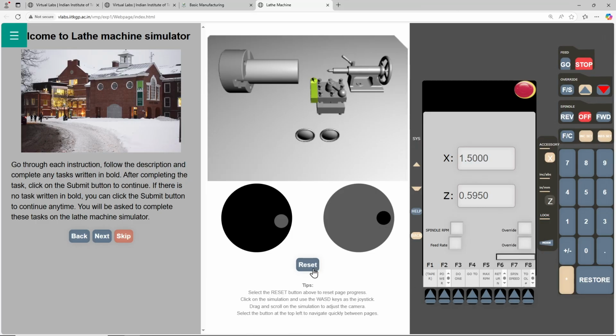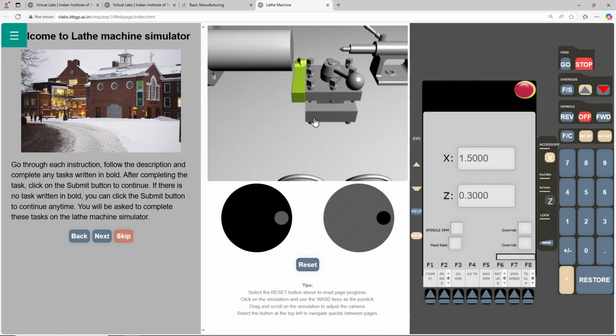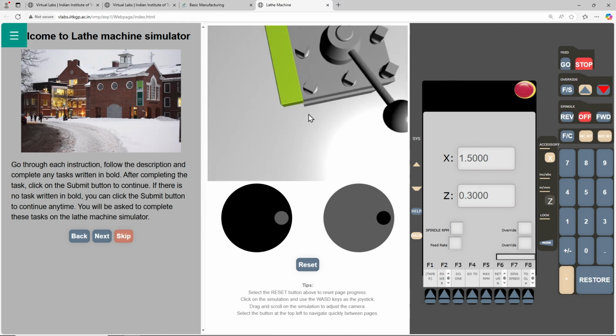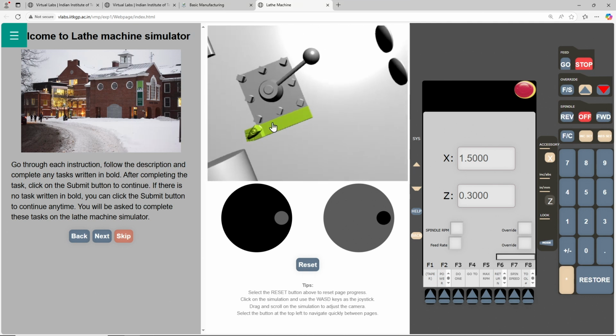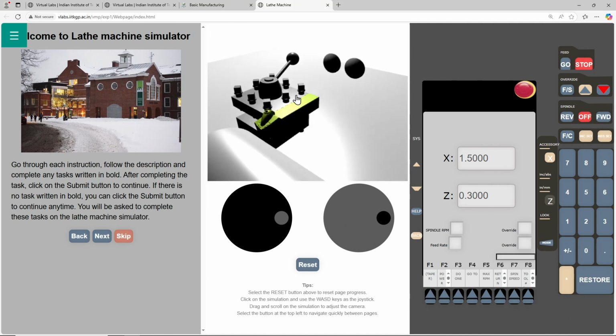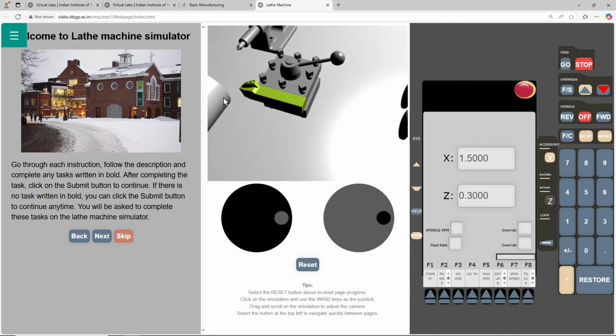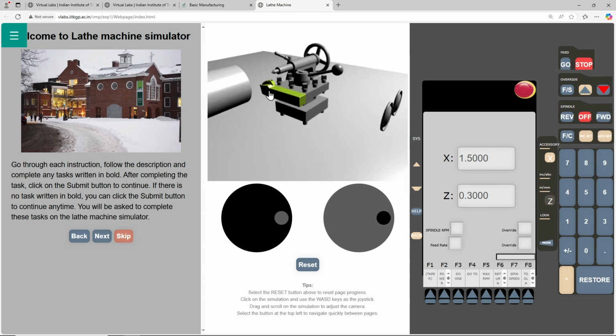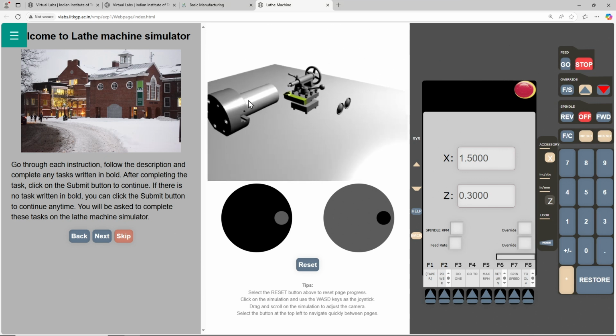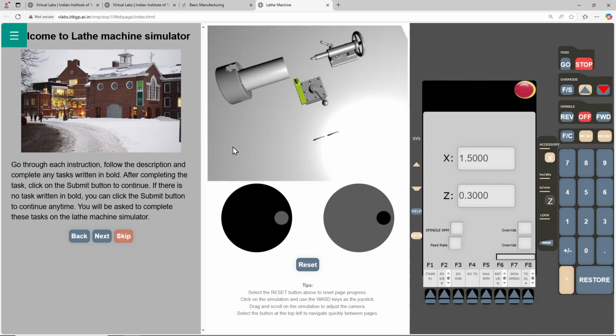Let me reset it once again and see it closely, so that we can see the tool being fed here. Right. I will now move X forward so that some depth of cut is given.